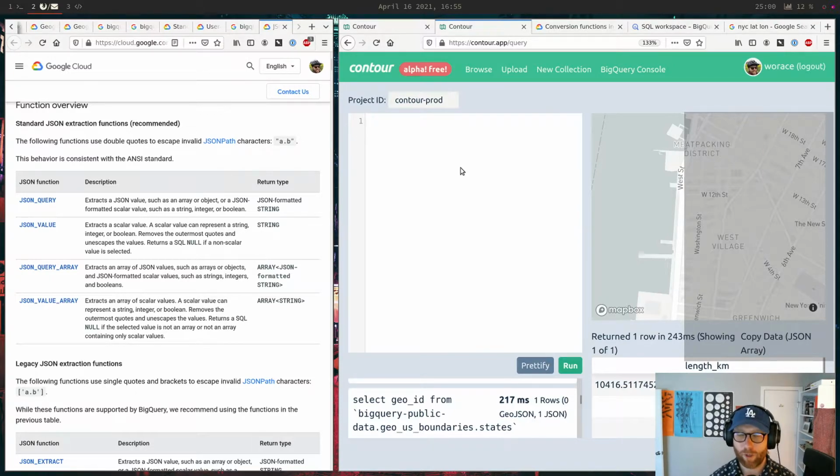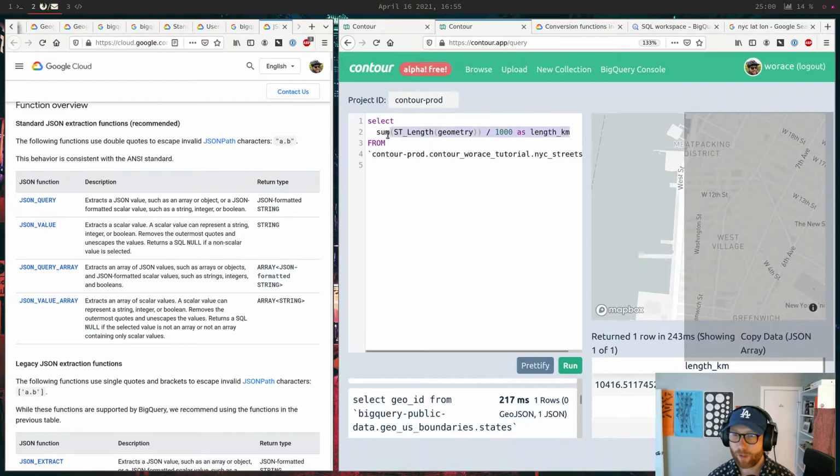Actually, you could maybe do this then. Let's do it on neighborhoods. Select ST as GeoJSON geometry from, actually no, let's do it on census blocks because the geometries will be smaller even though the data is bigger. NYC census blocks.